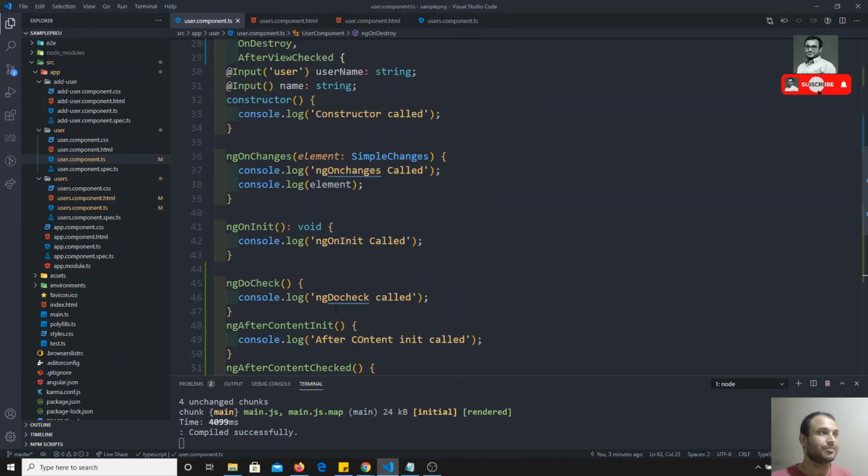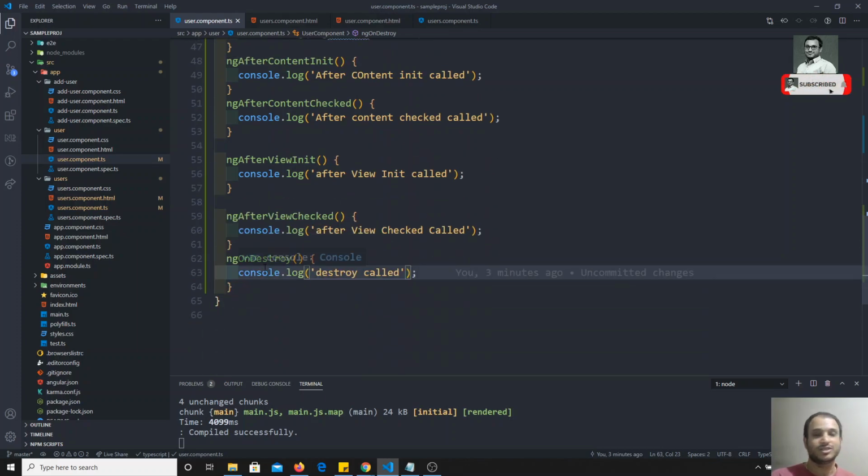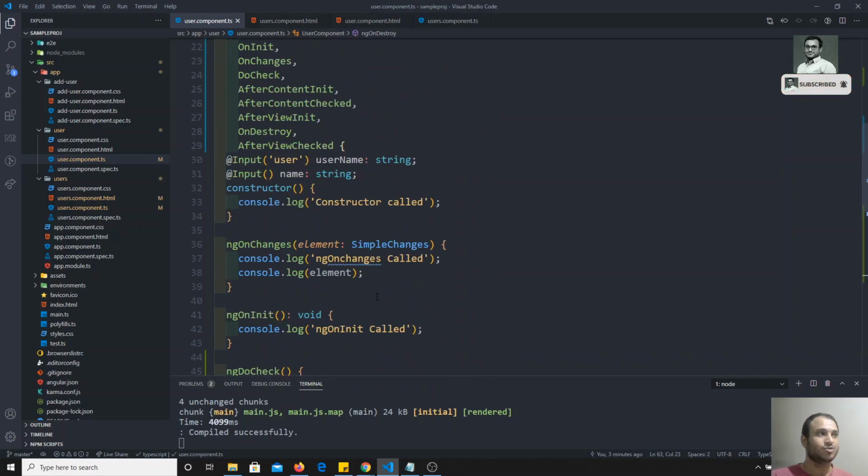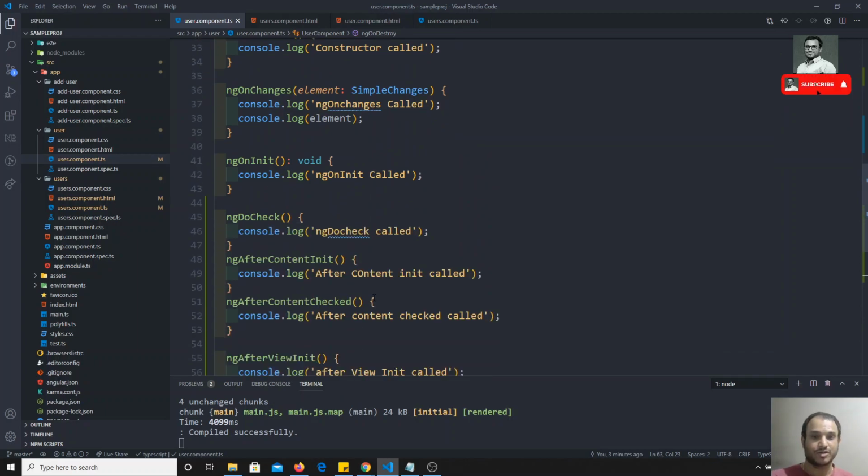These life cycle hooks are present in all components, so in any Angular component you will have all these hooks. You use ngOnDestroy whenever you want to clean up variables or do any cleaning before deleting the component. It is like a class having a constructor and a destructor; in the same scenario, constructor and ngOnDestroy. This is the complete life cycle hooks concept, how the hooks execute one by one, which I have explained through a practical example. This is how life cycle hooks work in Angular.